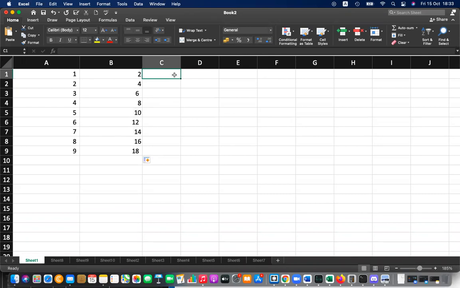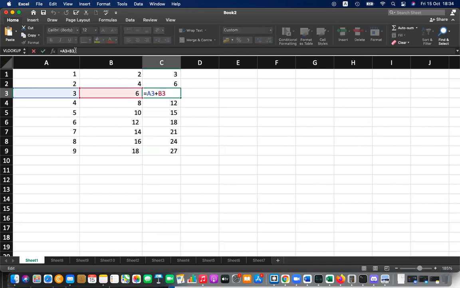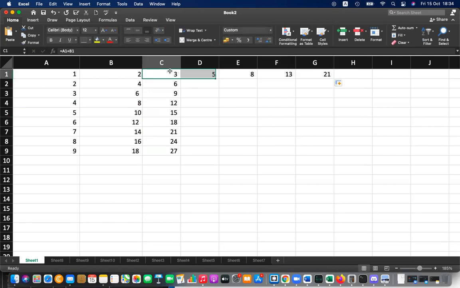If I take A1 plus B1 and drag this downwards, you can see it is A2 B2, A3 B3, A4 B4. It's changing downwards. If you drag this horizontally, it is A1 B1 here, B1 C1 adjacent, C1 D1, D1 E1. It is changing this way.